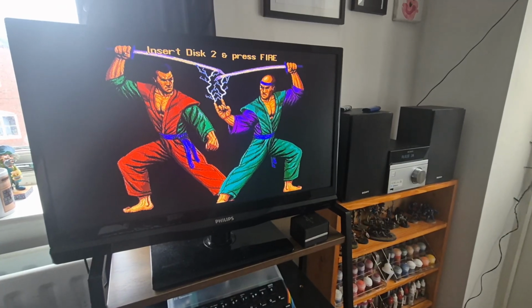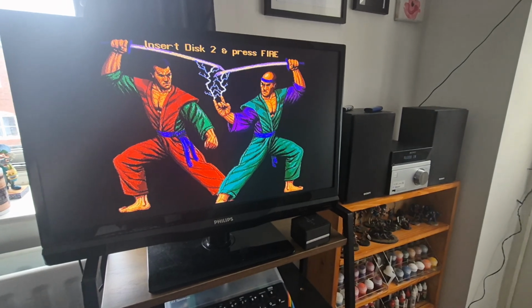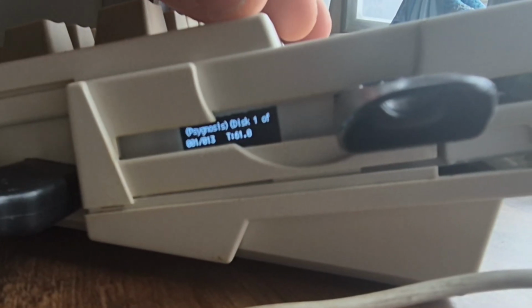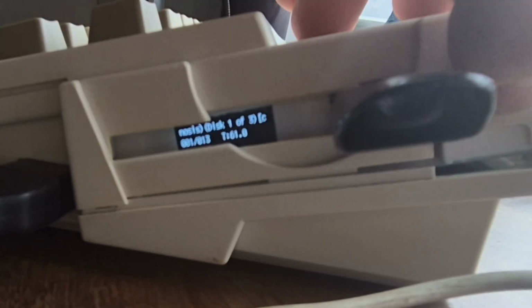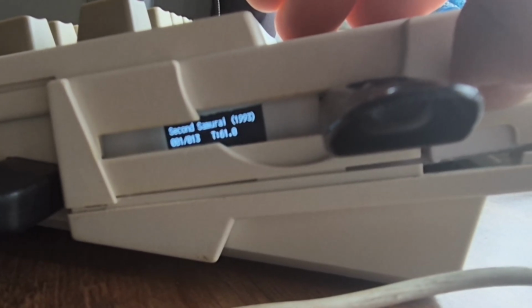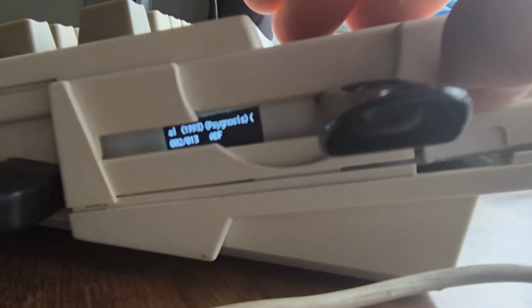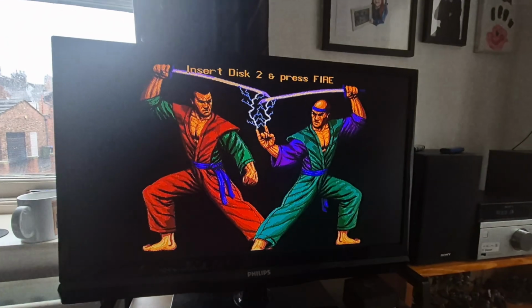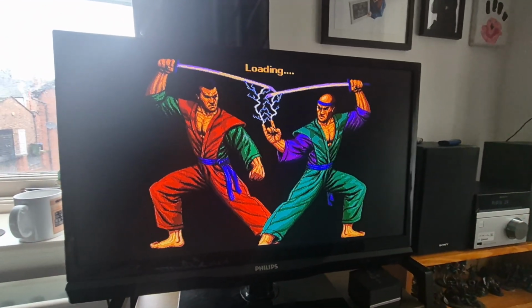We've now got to the part where we need to insert disk 2 and then press fire. So what we need to do is go back to the Gotek, and obviously disk 1 is mounted, and what I need to do is just press on the right button just here, and we can actually scroll through those mounted ADF files. So I'm simply going to look for disk 2 of 3, which we've now got. If I then go back to the game, press fire,